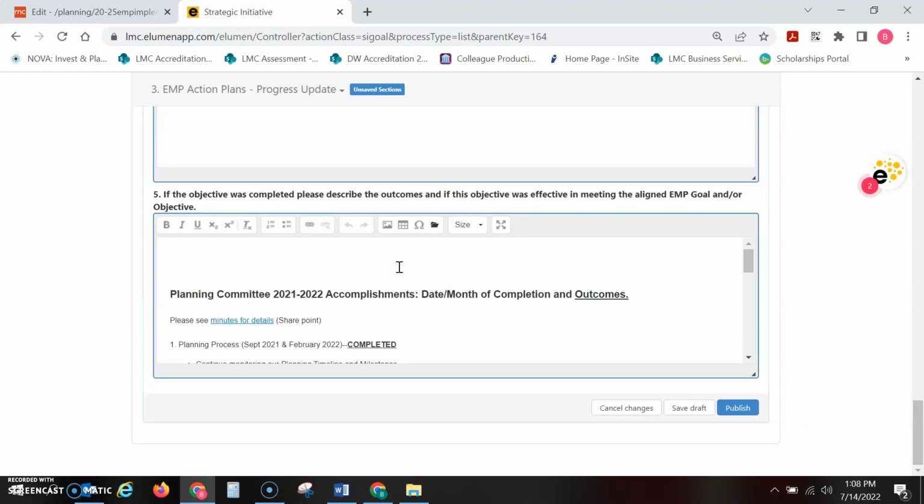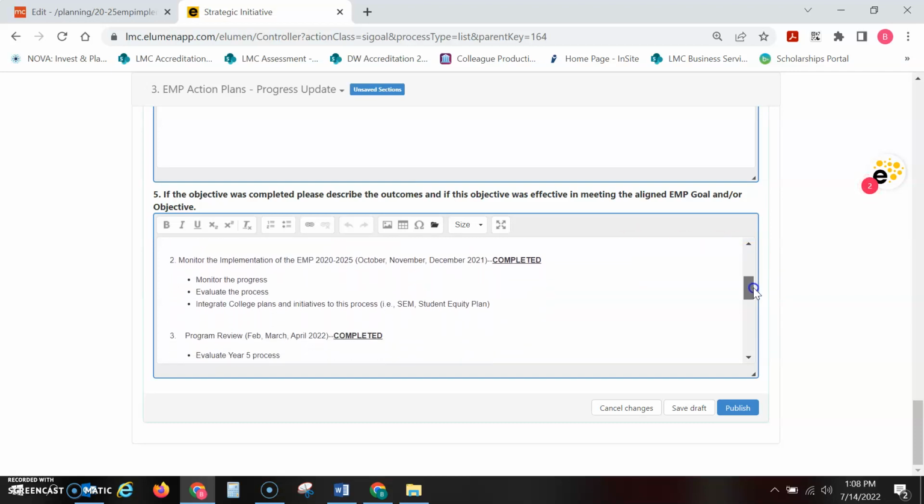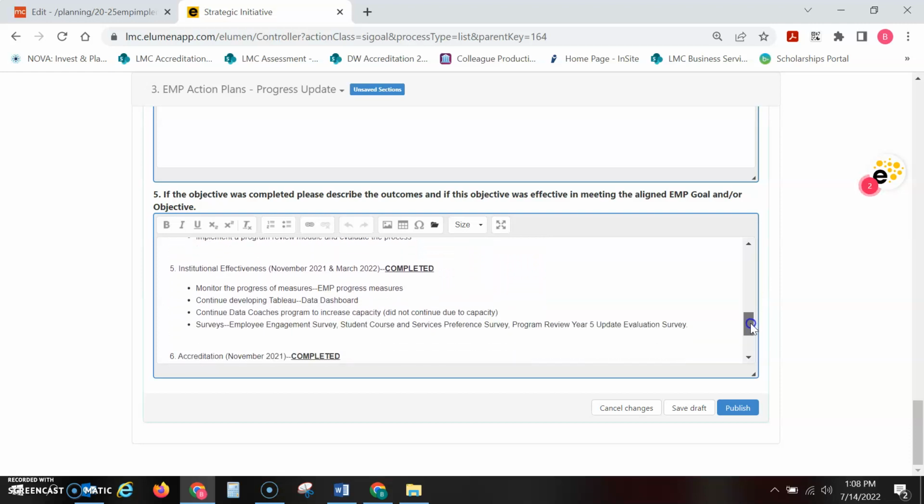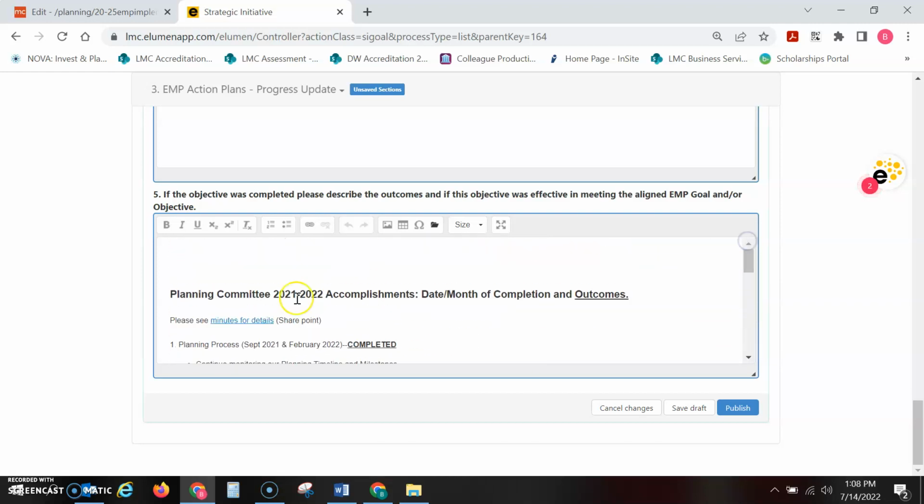Here is where you will provide information if your objective was completed and describing the outcomes, and if it was effective in meeting the aligned EMP goal or objective. So you could see here some information that has been provided. So if your objective or goal has not been completed, no worries. If you have any of the previous goals where we were looking at in the screen that maybe one is still in progress, but one is completed, you can add some additional notations here, if you so choose, about the in progress goal. These EMP action plans will be open and updated every academic year for the whole academic year,